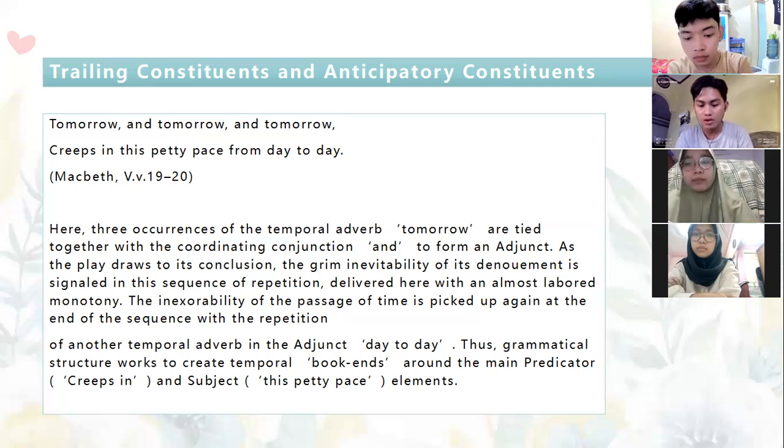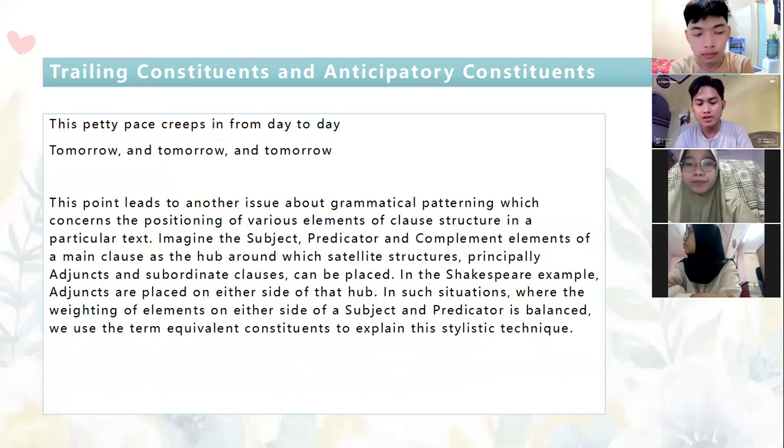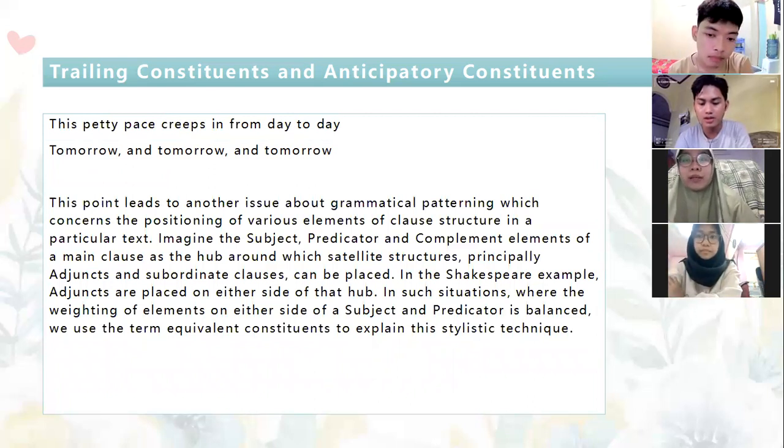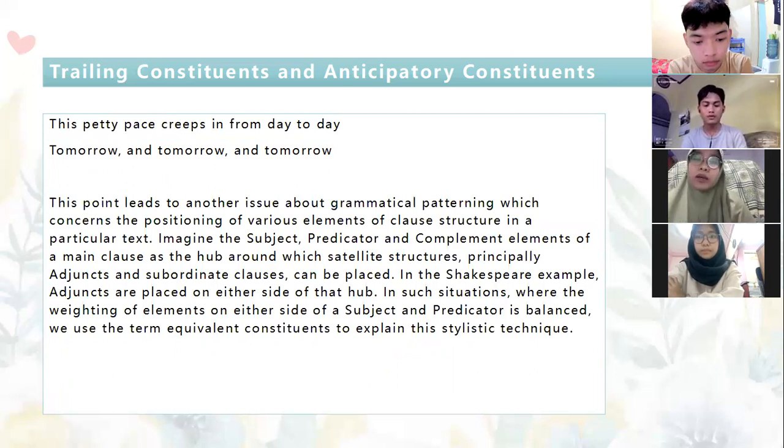Next slide. Indra. Trailing constituents and anticipatory constituents. This petty pace creeps in from day to day, tomorrow and tomorrow and tomorrow. This point leads to another